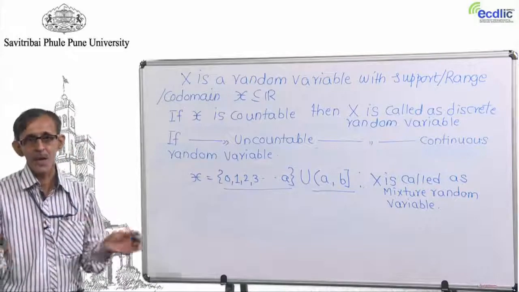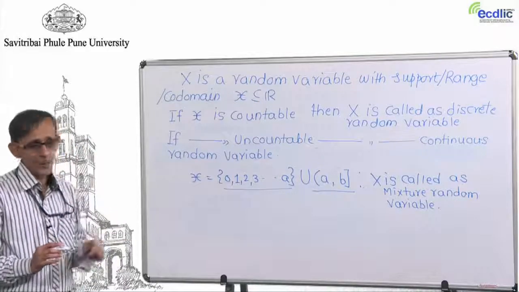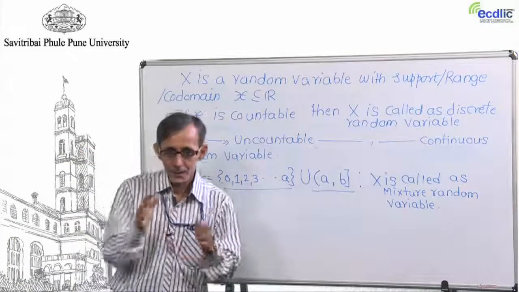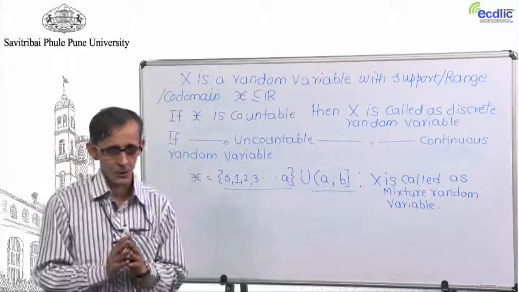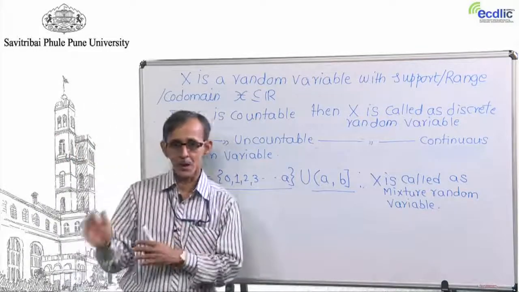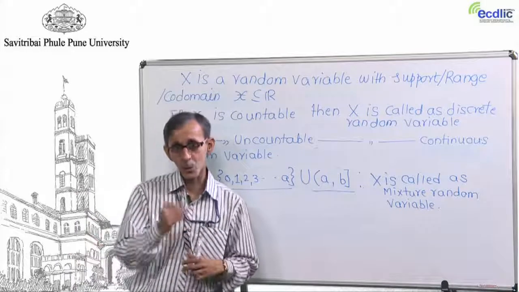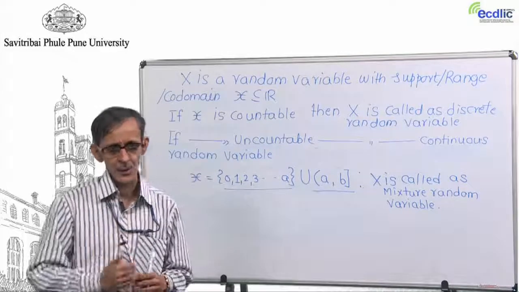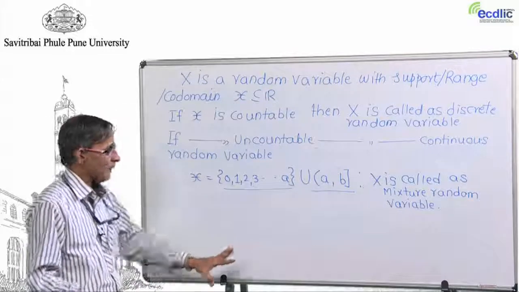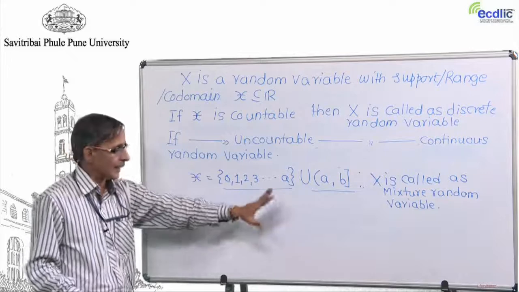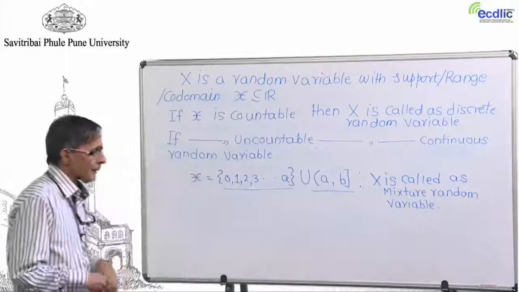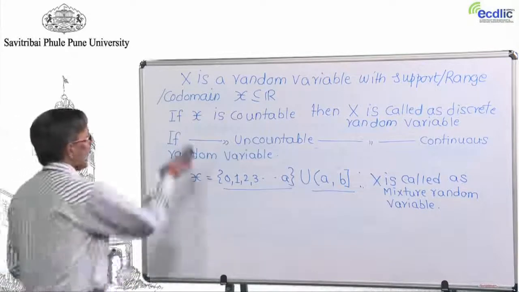It can be of either type, but what we are concentrating on as far as stochastic process theory is concerned, where the classification is done for the stochastic process in twofold ways, is whether the time parameter is discrete or continuous, as well as whether the support or state space is continuous or discrete. Whenever these things come, I will elaborate on this. At the moment, let us concentrate on this: there is a scenario something like this. The point which I was making is something like this.